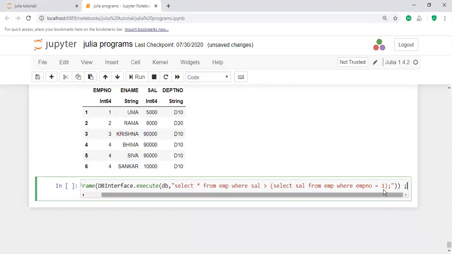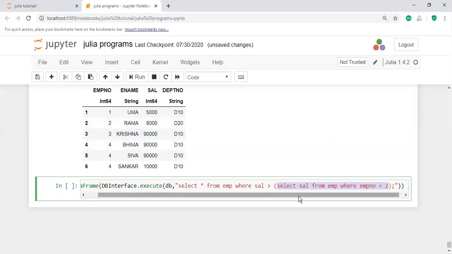This query: select all employees' salary where salary is greater than, again select salary from employee where employee number equals 2.